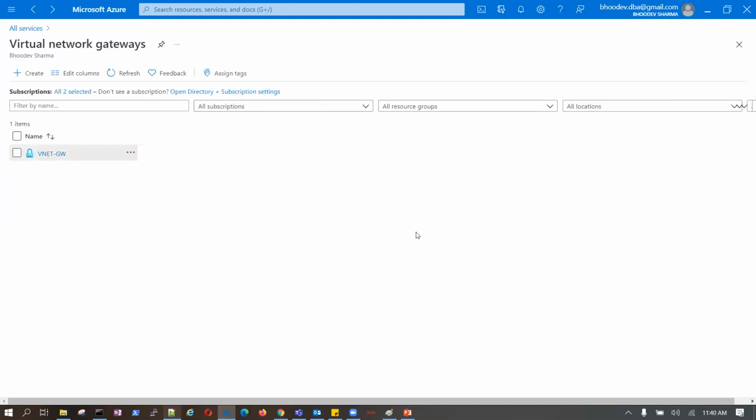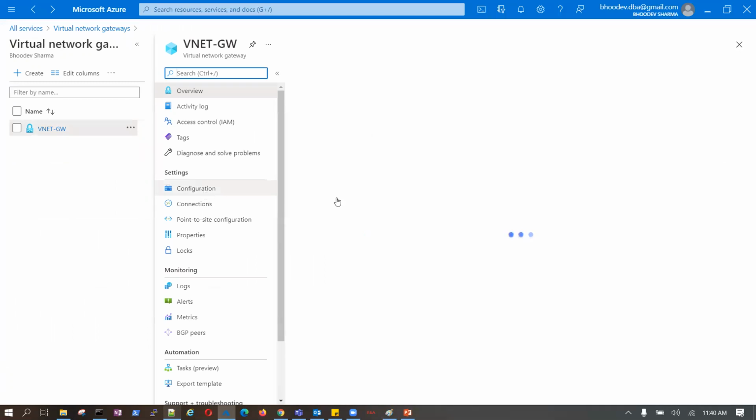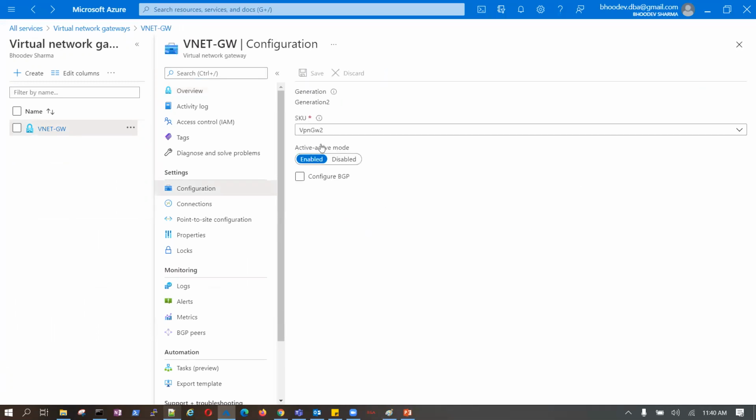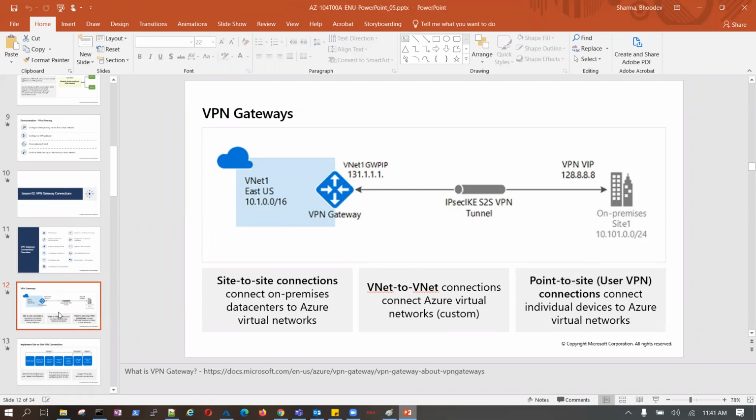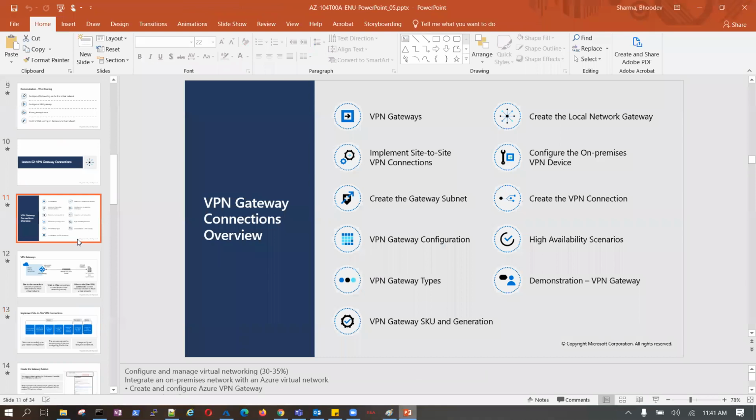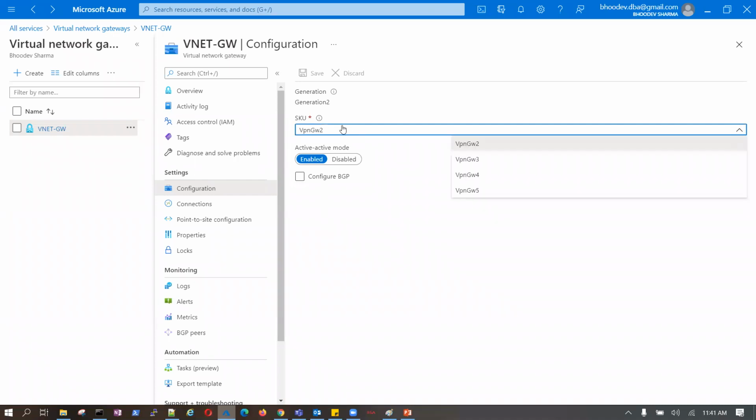This is the VNet gateway, this is my configuration. Here it says something, SKU. Where were the different SKU types? VPN SKU and generation. So this is the VPN gateway generation, and the SKU.